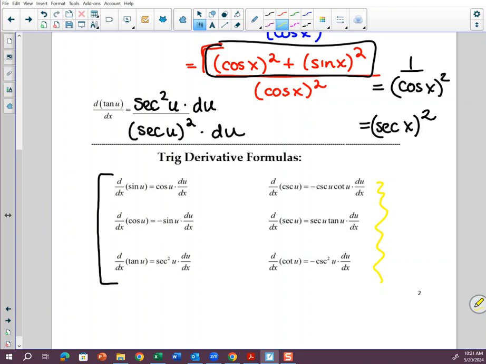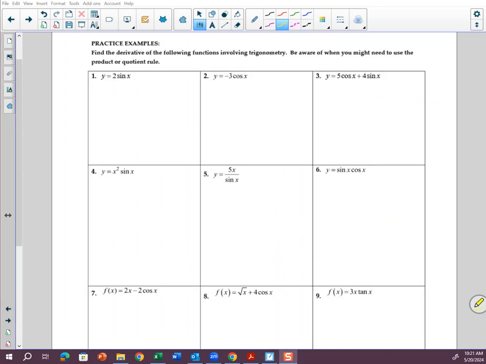All right, I'm going to pause there for a second, and in our next part of the video we're going to go ahead and do some practice problems. Okay, so I took a little pause. And now we're back, and we're looking at some practice problems that involve taking the derivative using sines and cosines